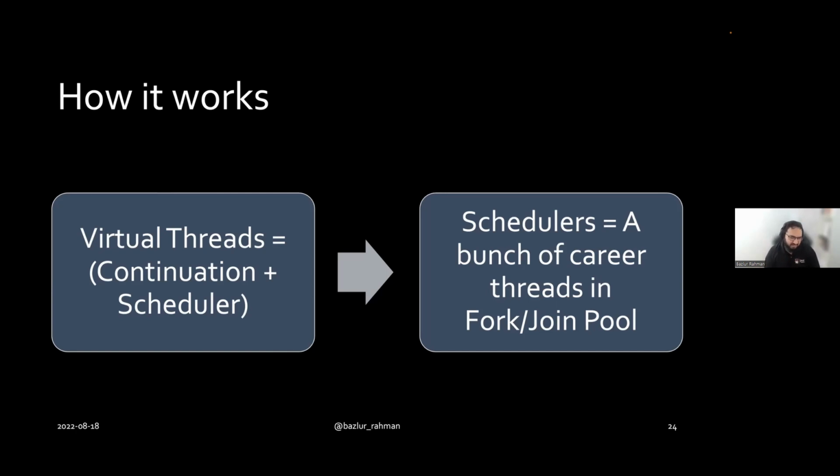But again, think about it as a task. A virtual thread is basically a task, a runnable, something we want to put to the thread scheduler, and the scheduler, this fork join pool, is going to get a virtual thread and keep on executing. When it sees a blocking operation, it suspends itself, it goes away, and takes another task, which is another virtual thread. And when that one hits its blocking operation, it goes away.